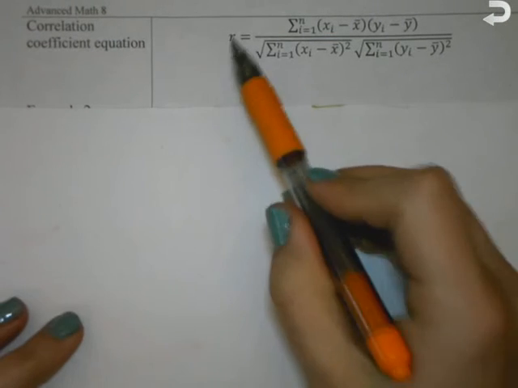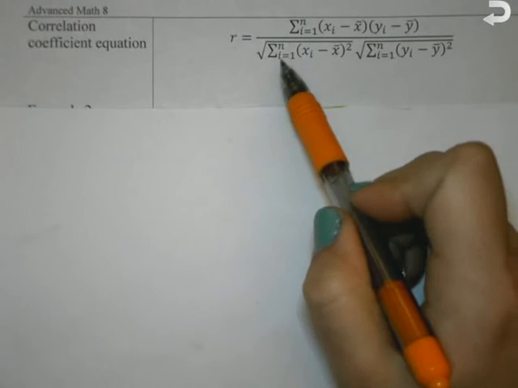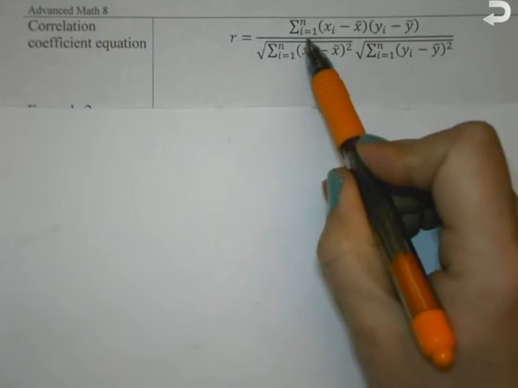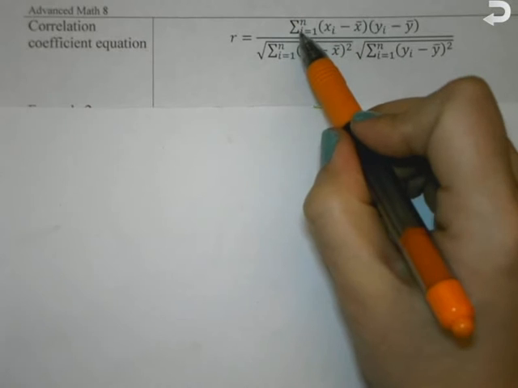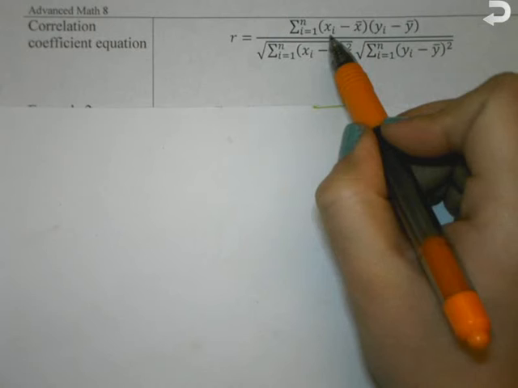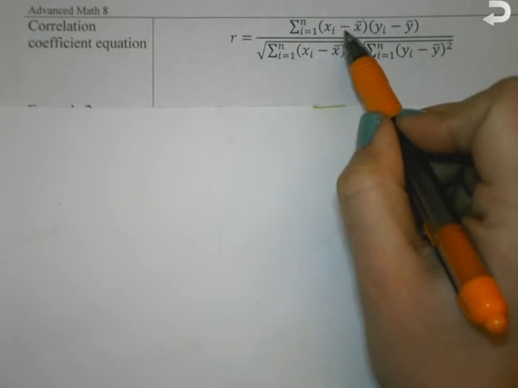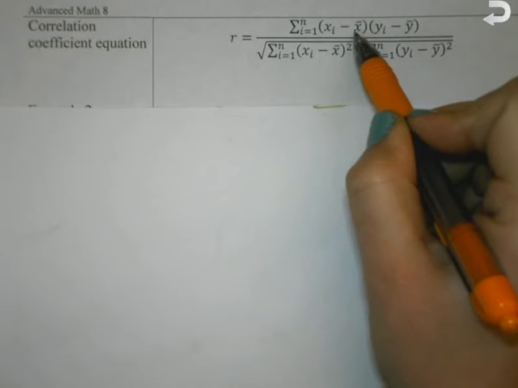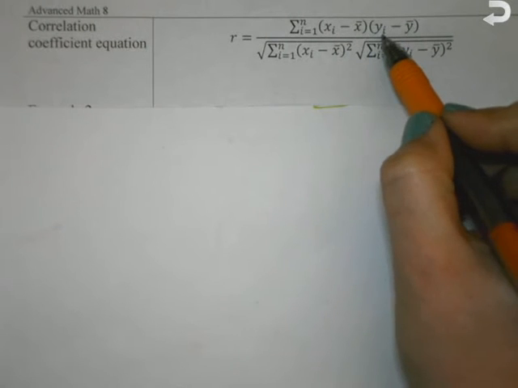But R is equal to the sum from i equals 1 to n. So basically, what this is saying is that you're adding up all the data, essentially. It means that we're going to start from the first piece of data all the way to the last piece of data, of x sub i, so the first piece of data, minus x bar. Guys, what does x bar mean? The mean. So minus the mean, times y of the first